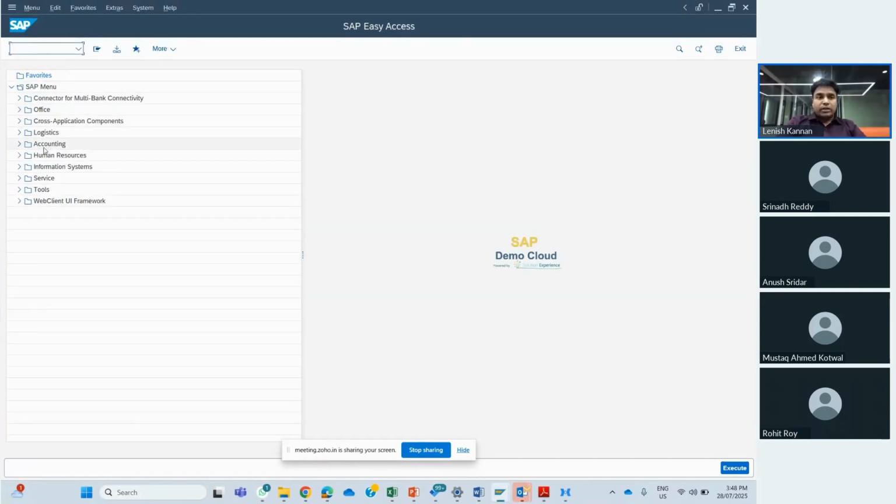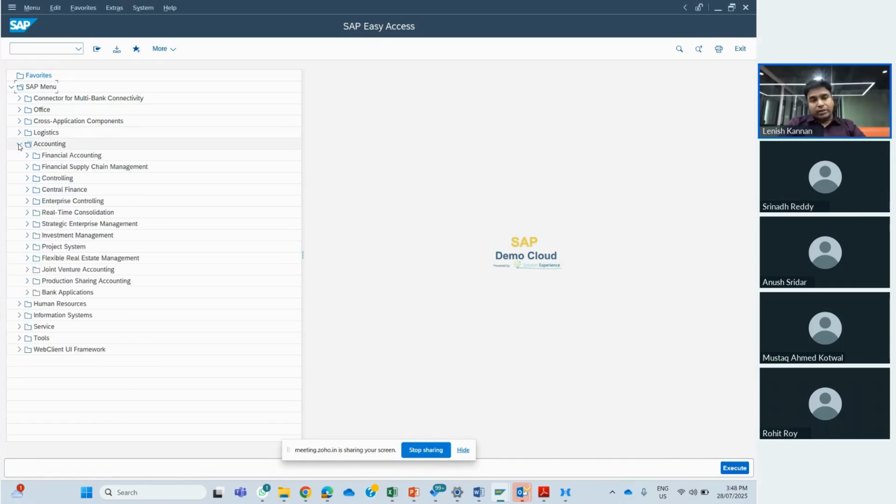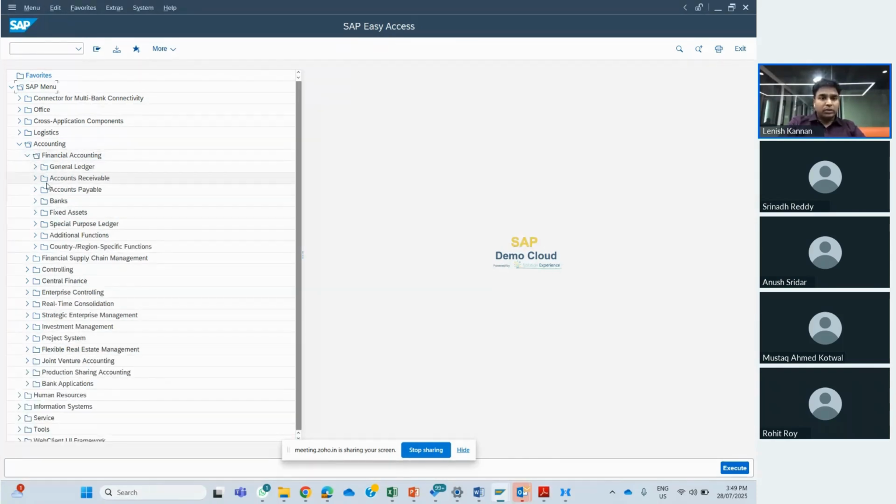Okay, from here you can see the accounting. Usually each and everything has a T code also. If you don't want to use the T code, this is easier. You can drill down to each and every part of financial accounting. For example, you'll get financial accounting, and you have the general ledger, whatever I explained to you now, all the sub modules. General ledger is there, account receivable is there, account payable is there, banks, fixed asset, and then special purpose ledgers, additional functions, and all the country specific